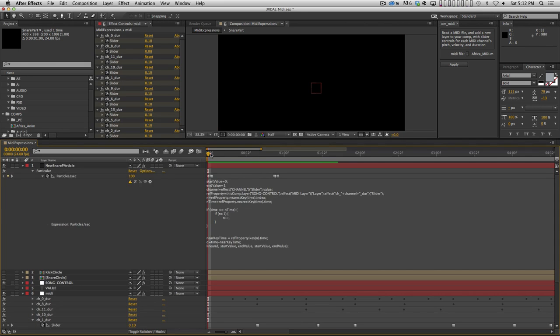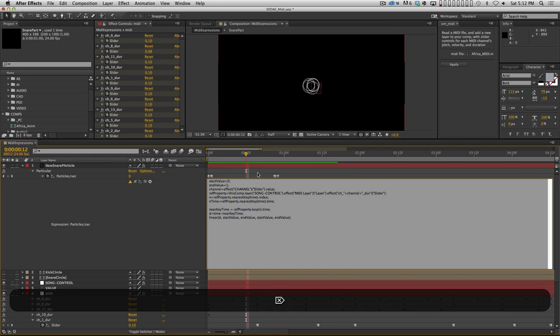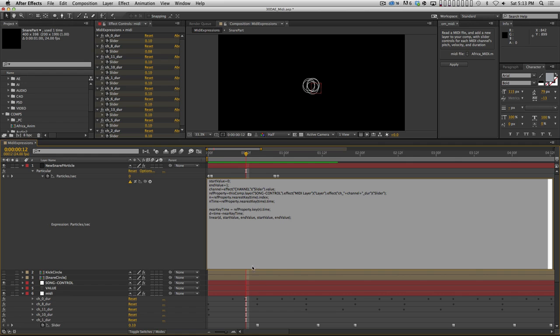So really all we need to check is, are we touching a keyframe? So we actually don't need to mess with all of this stuff. All we need to know is, where's the nearest keyframe? Are we touching it? That's it, okay? So near key time, we're still concerned with that. We're still concerned with the difference between the current time and the near key time. But what we actually really want to know is,